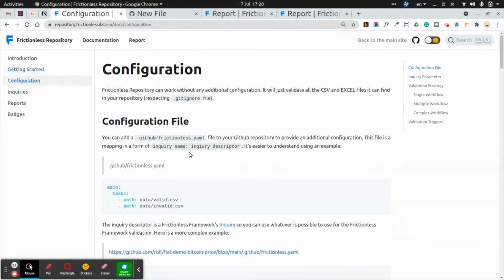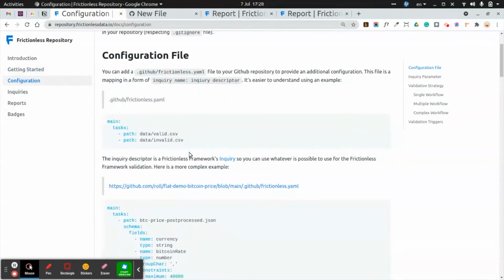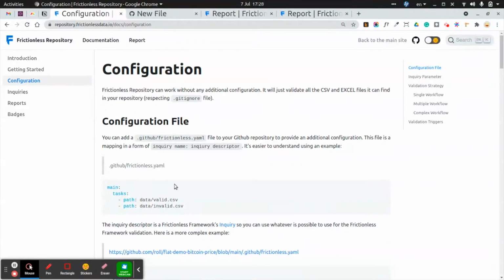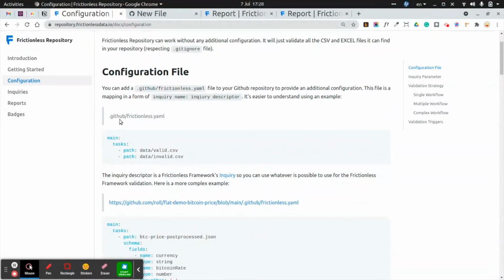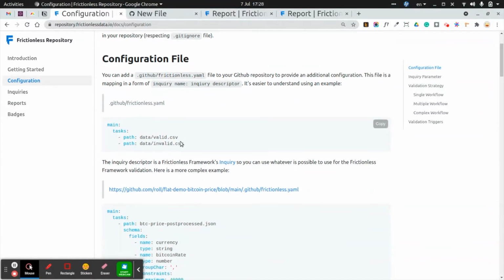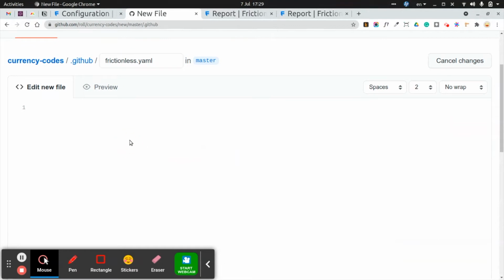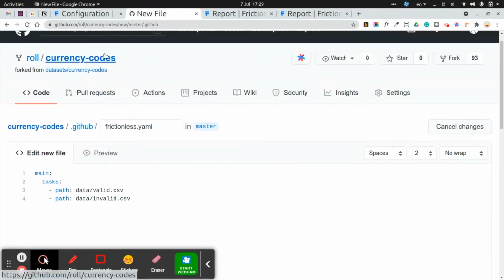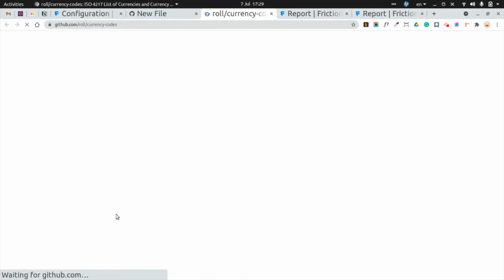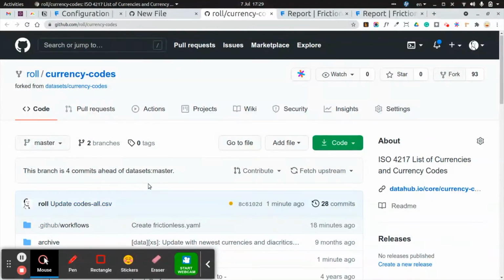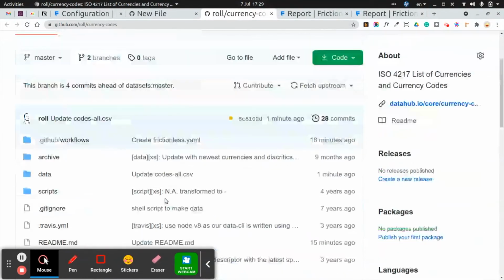The documentation has a good overview of the configuration file that you can add to .github/frictionless.yaml. And in our case, I'm just going to point to our CSV file instead of using datapackage.json. So the thing is, when we used this codes-all, I mean currency codes repository,